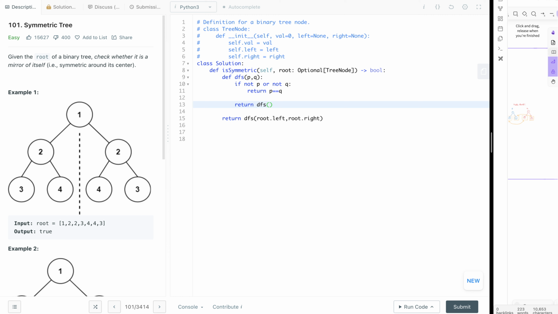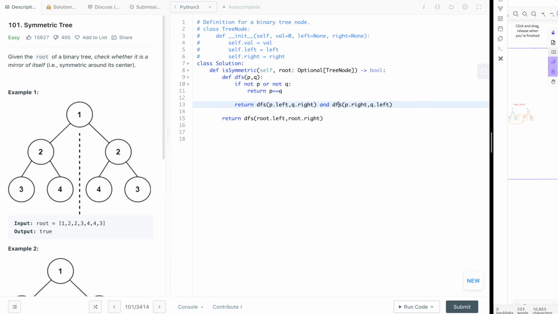So what we'll do is check whether the left of P is equal to the right of Q and the right of P subtree is equal to the left of Q subtree,